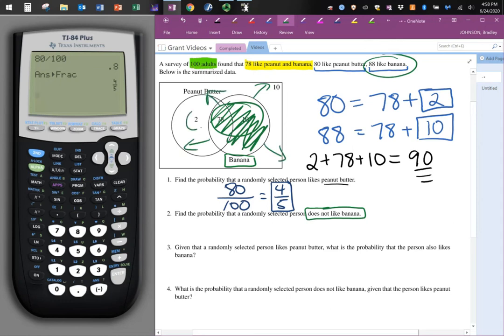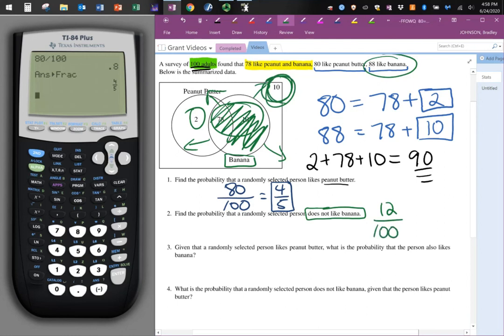Not banana. That would be going with the 2 and the 10. Does not like banana. Well, there's 12 of those people that do not like banana, right? They're on the outer reaches, right? These 2 over on the right only like peanut butter, only. Those 10 don't like peanut butter or banana. So there's 12 total